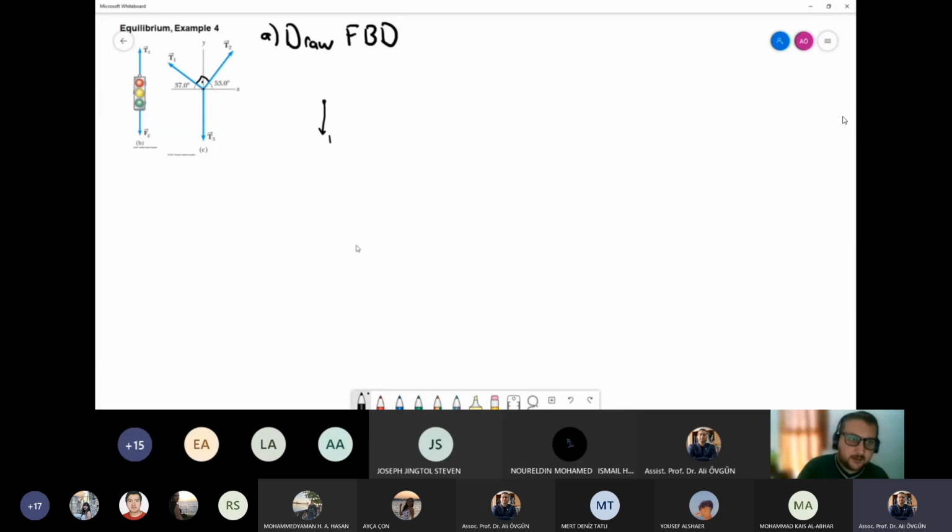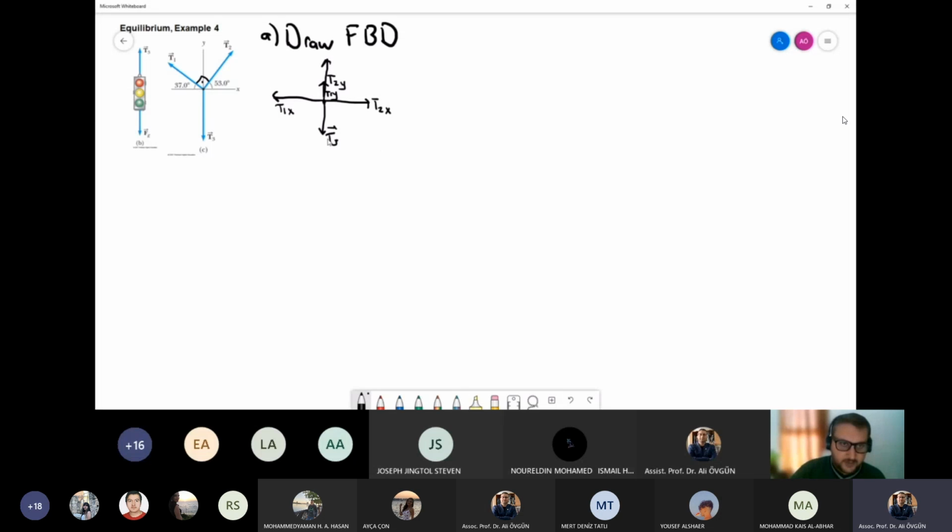There is a T3 downward. There is a T2x, T2y, and on this side there's a T1x and T1y. Okay, did you see? Now all the forces are in the same direction. So for example, T1x and T2x are in the x direction, and T1y, T2y, and T3 are in the